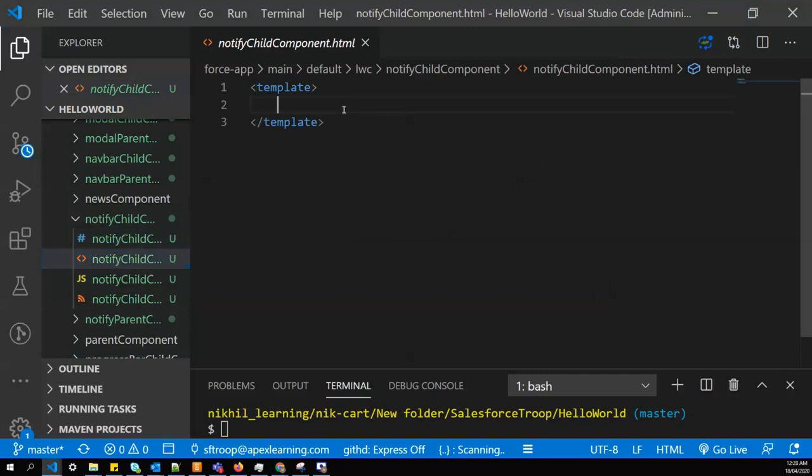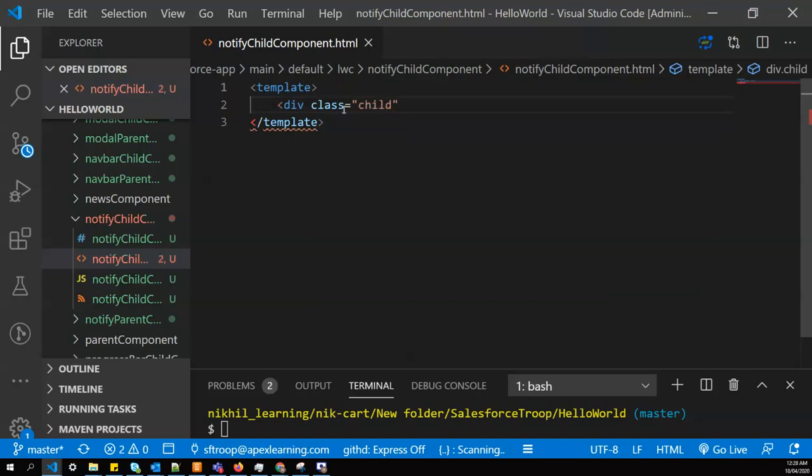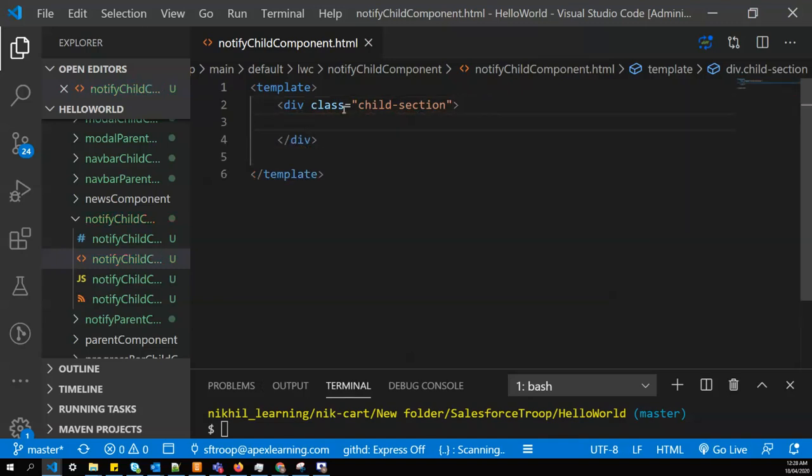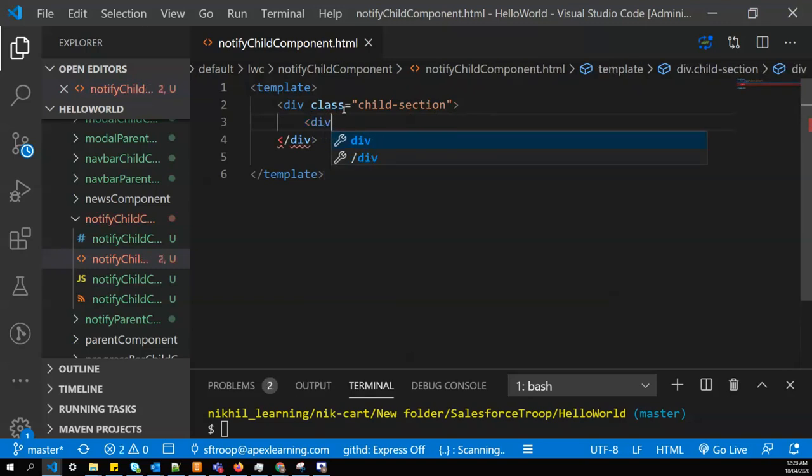So let's create a div with class child section, and within the child section we'll create a notification box.